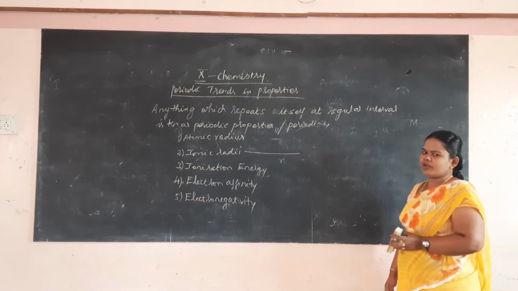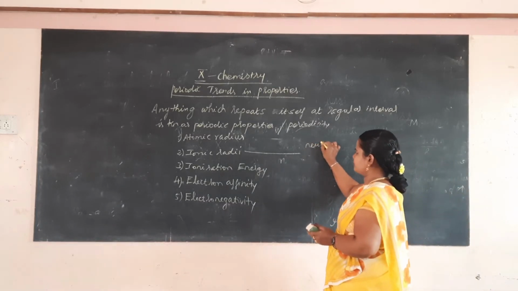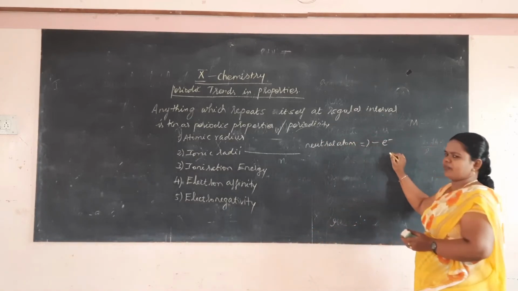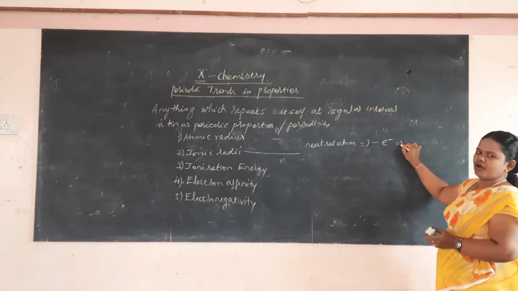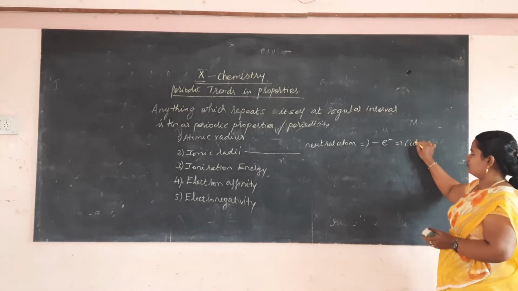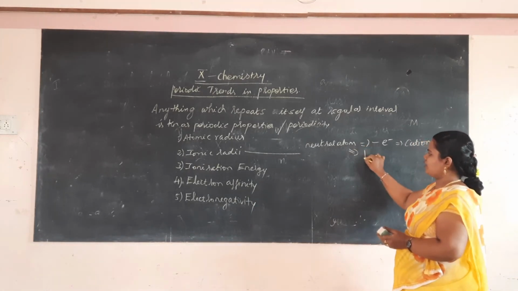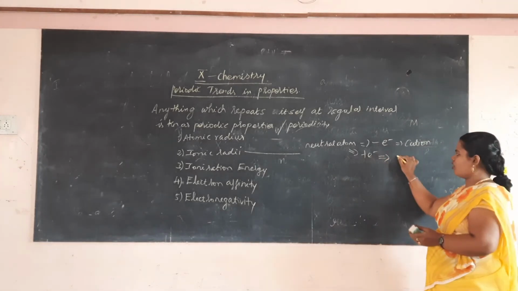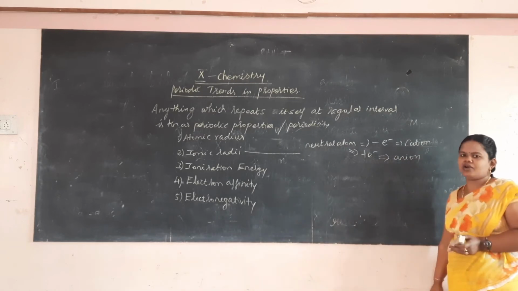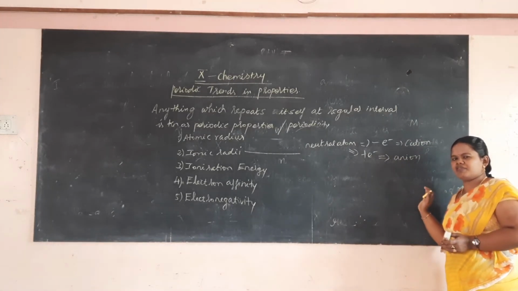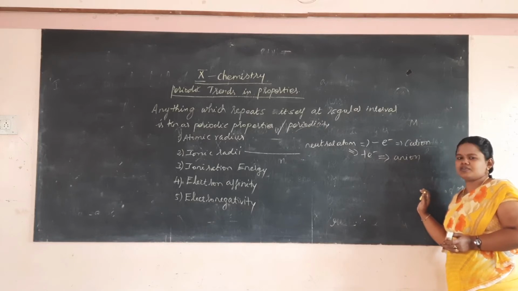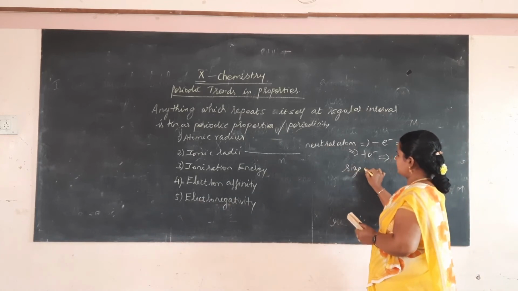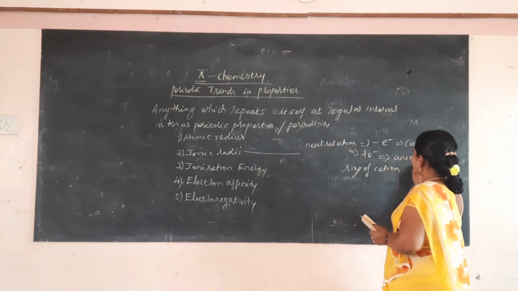We know that whenever a neutral atom loses an electron, that is minus electron, what will happen when it loses an electron? It forms a positive ion that is called cation. And whenever a neutral atom gains an electron, plus electron, then it forms a negatively charged ion called anion. So anion is negative, cation is positive. Anion is formed by the gain of electron, and cation is formed by the loss of electron. So what about the size? The size of cation will be smaller. Size of cation will be lesser than the parent atom.